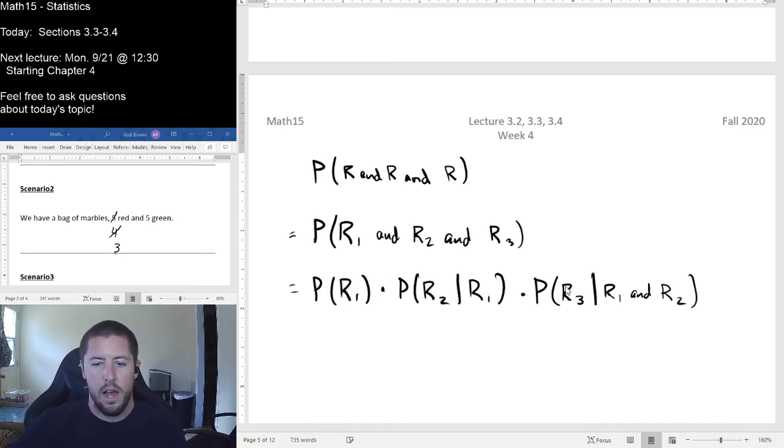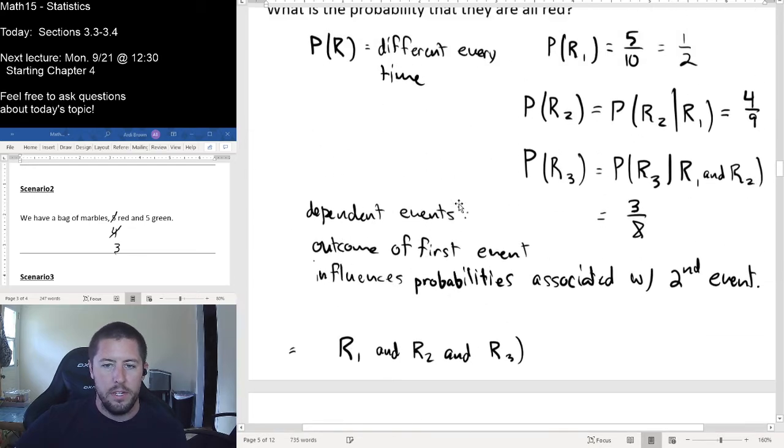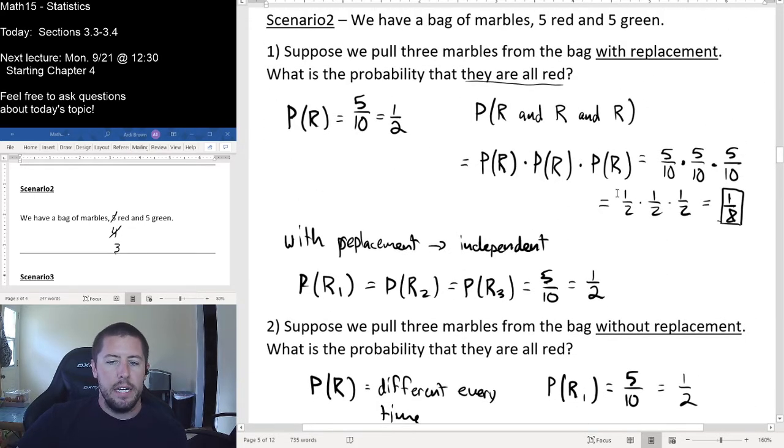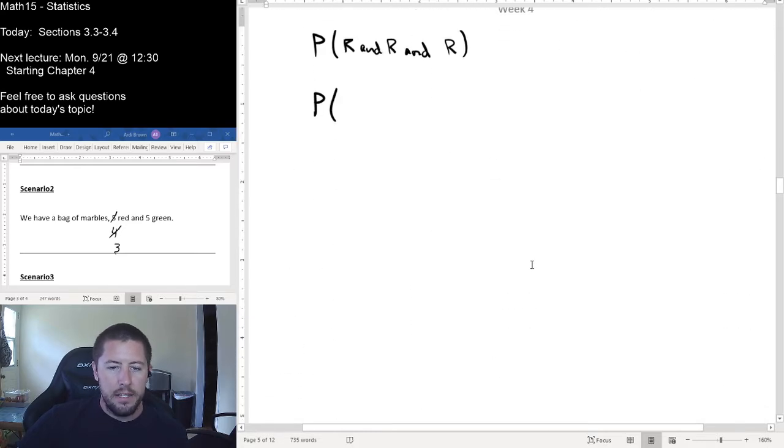In the other example, when we did put the marbles back in the bag, it didn't matter what I drew on the first one at all. I could have drawn red or green, and I was going to just keep on getting 1/2 every time. In the dependent scenario here, we have to know what it was that we